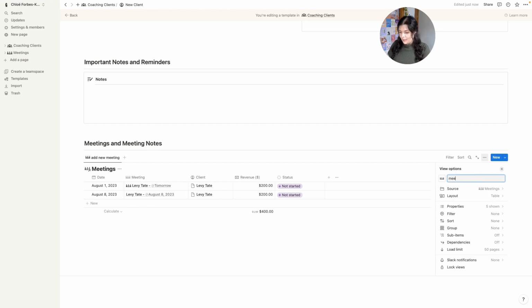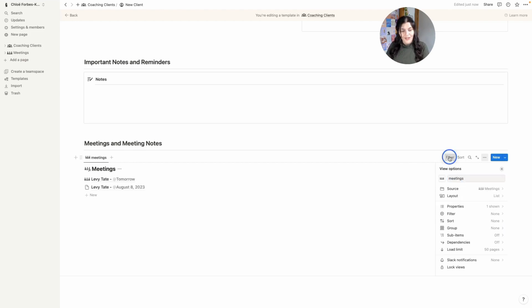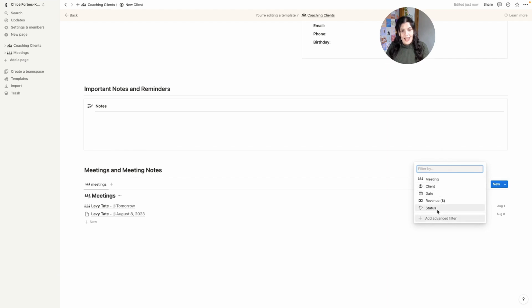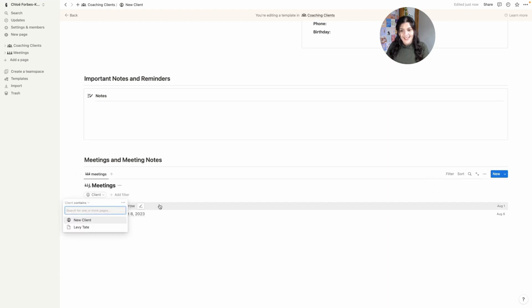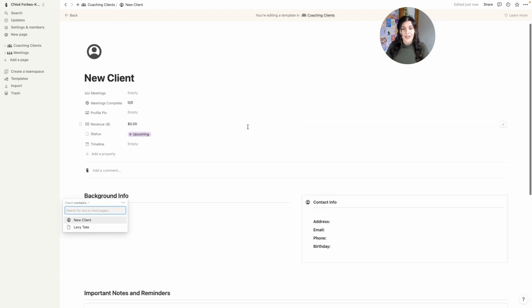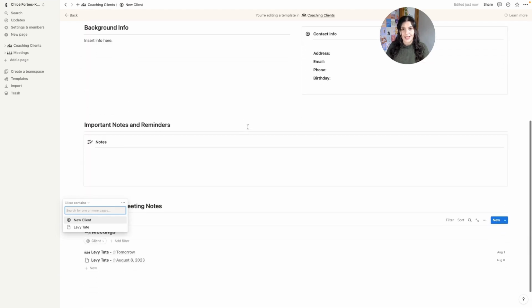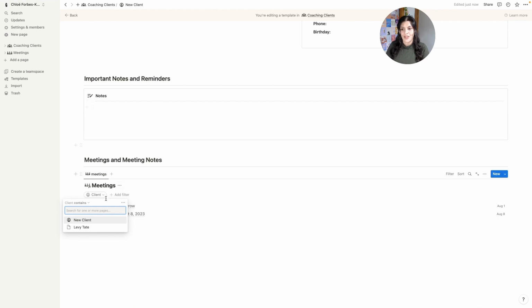So I'm going to name this just all meetings. And we can do this as a list view. Under filter, I'm going to say the client is this new client. So I'm saying only show me meetings relating to the client mentioned in